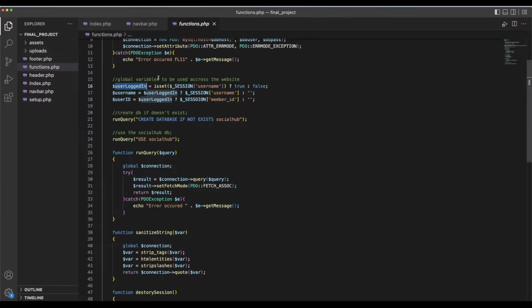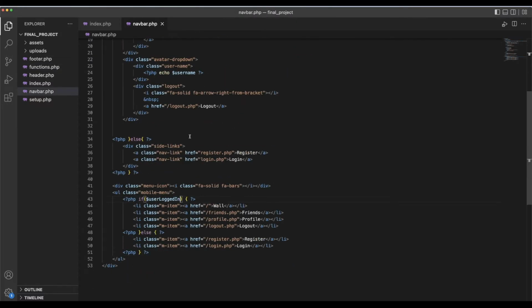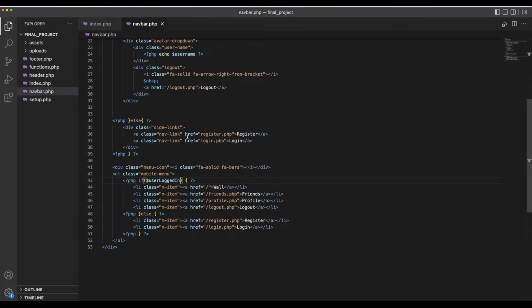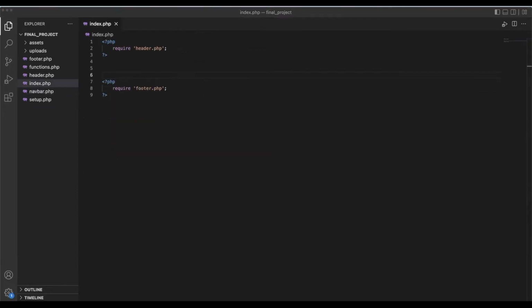We will fix that, but for now we're sticking to all the HTML. So we're going to create all the HTML for all the pages, and then we're going to add the CSS to make it look prettier. We can close the functions.php. I believe we could close the navbar.php as well for now, and then we can go back to our